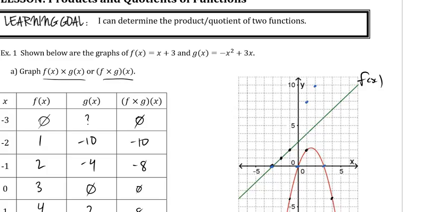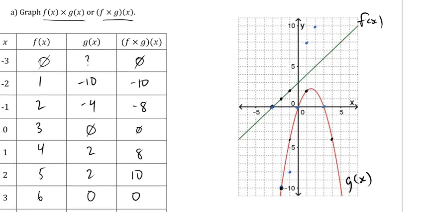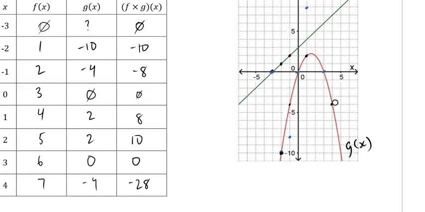So this is a product of two functions. We're going to talk briefly about quotients of two functions as well. But we've already done quotients of two functions, special kinds of functions, polynomial functions, when we did rational functions. It was the same thing. And I remember the first day we talked about graphing, and what did we do? We did things like, okay, if I'm multiplying these two functions,